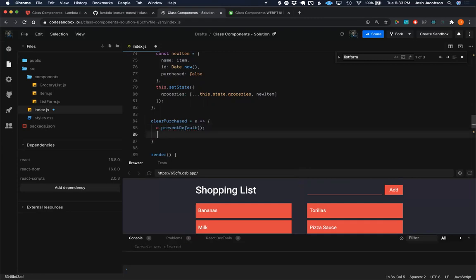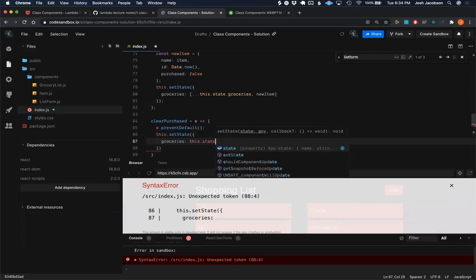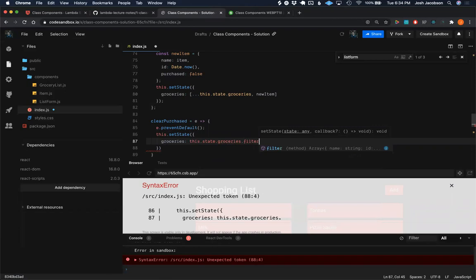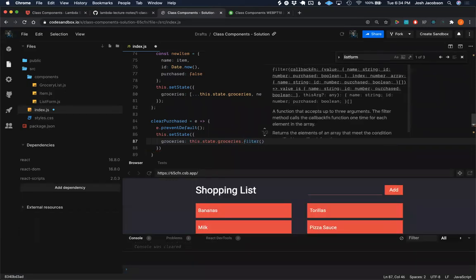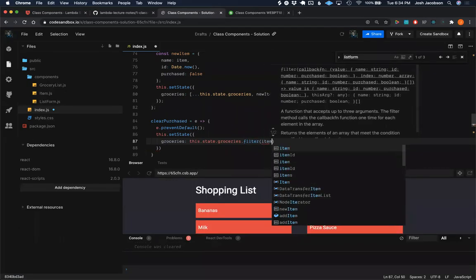And then we're going to set state. Somewhere we're just going to use filter. And we're going to take the previous one. Right, it's our previous state. And we're going to filter. And all we need to know is that per item,